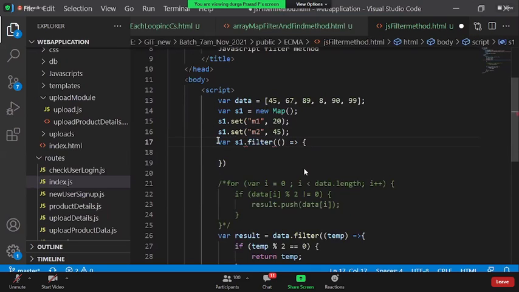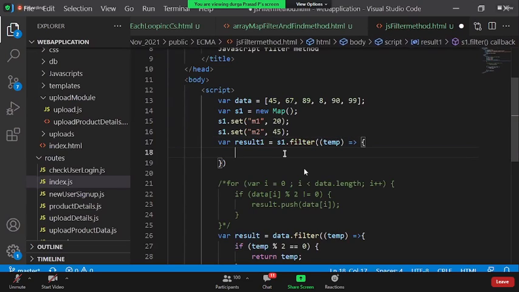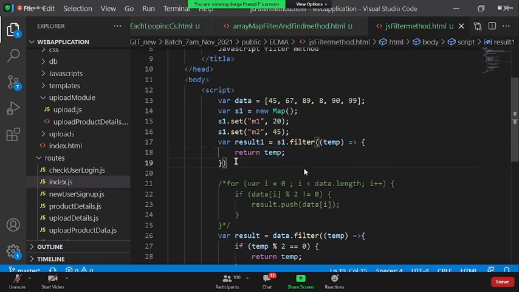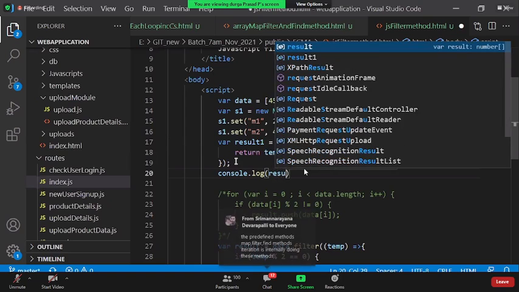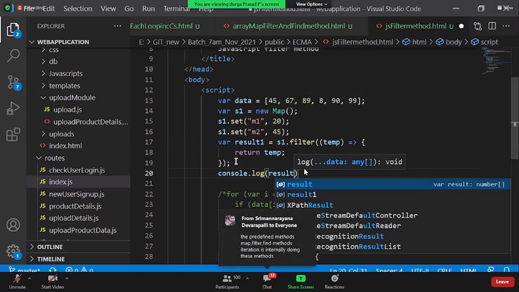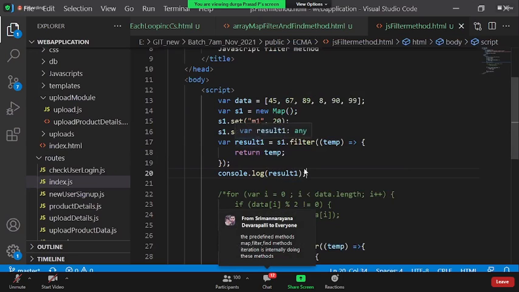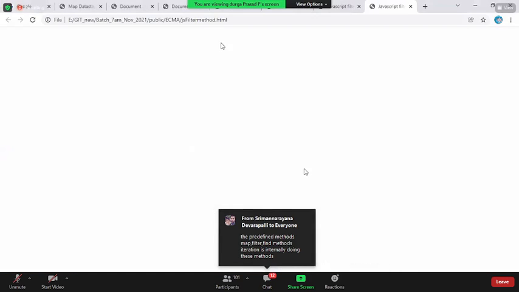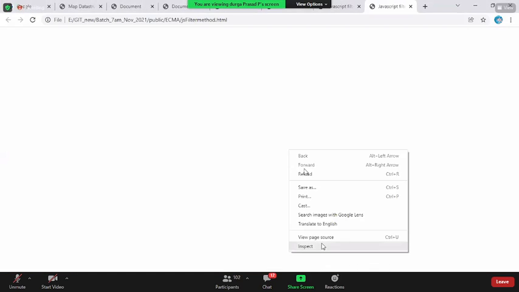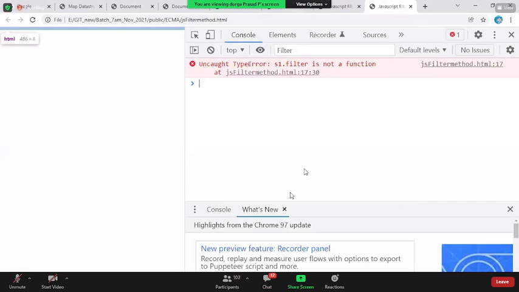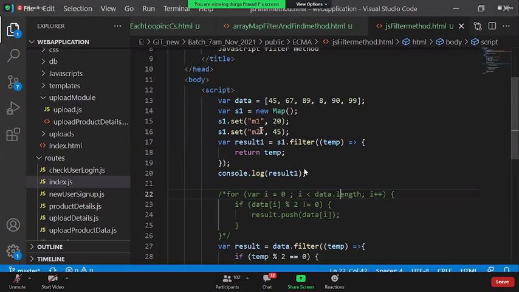Now I say var result1 is equal to S1 dot filter, where you say temp, and return temp. Okay, save this. Let us see what result1 is coming as. Come back, inspect. It is saying that S1 dot filter is not at all a function. Why so? Because it is a map, right?